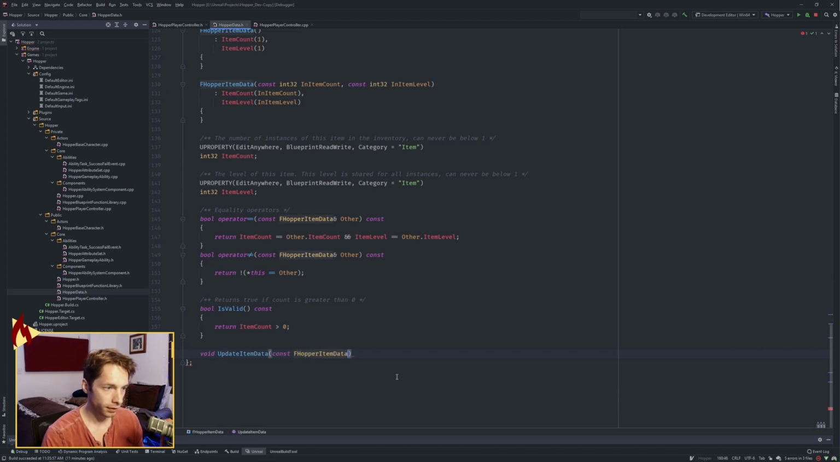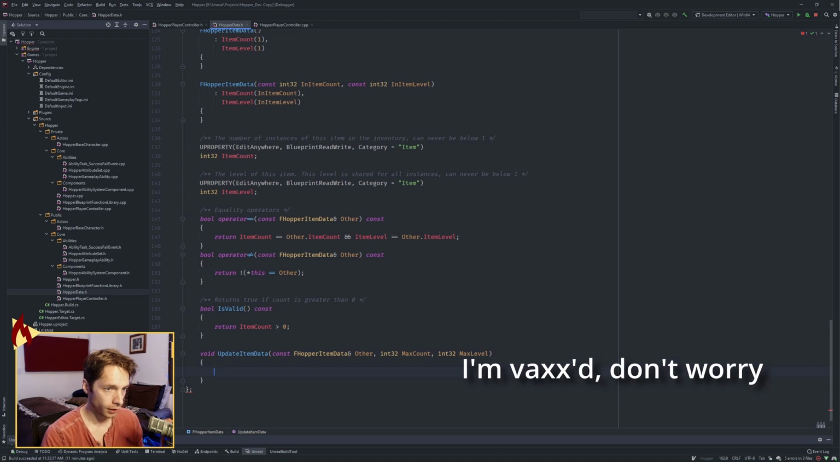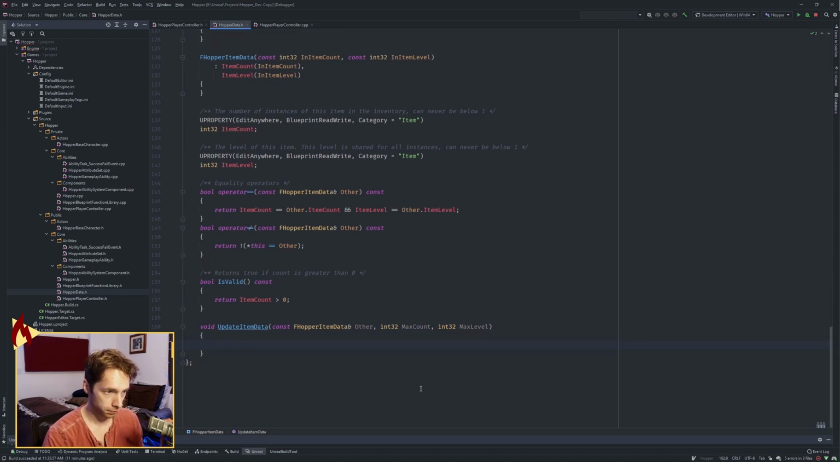Another little thing that OBS does when you're just capturing a window is you don't see the little drop downs of writers. So if things just pop up, it's because I'm hitting tab and grabbing those things from a drop down. All right, so we're receiving an other, so an item data, we're receiving a max count, and we're